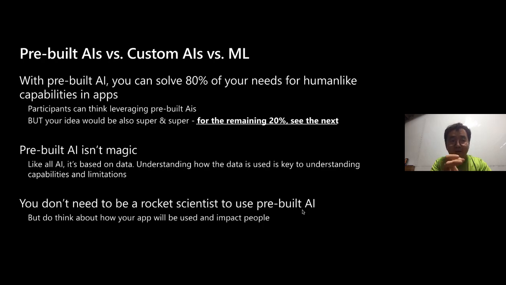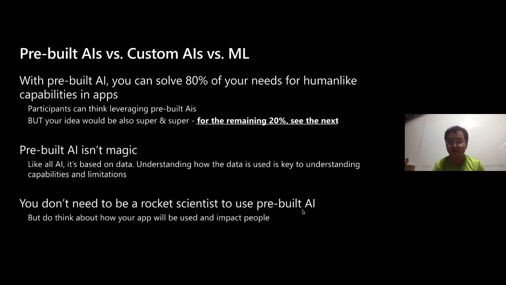One is pre-built AIs, and the second one is custom AIs, which can be customized from existing pre-built AIs. And the third one is your own machine learning, for example, using AutoML or using machine learning services, as Sudhir mentioned. Usually it depends on what you would like to solve, but according to some general